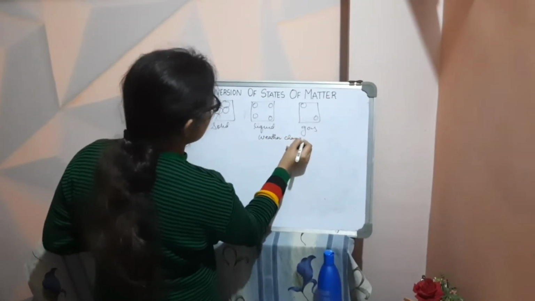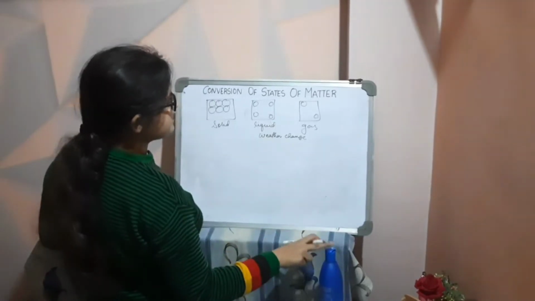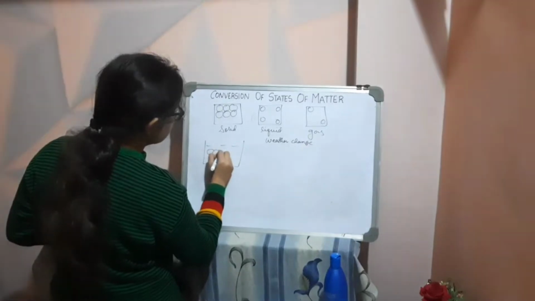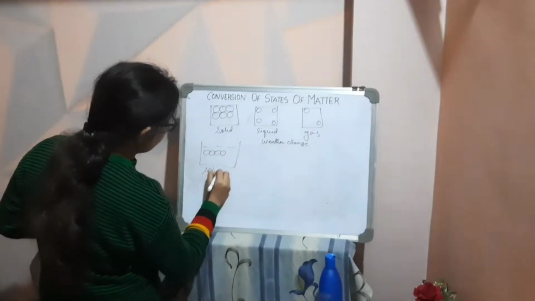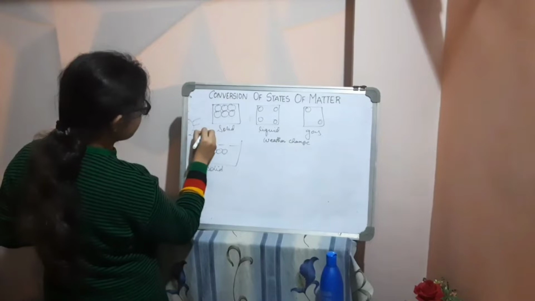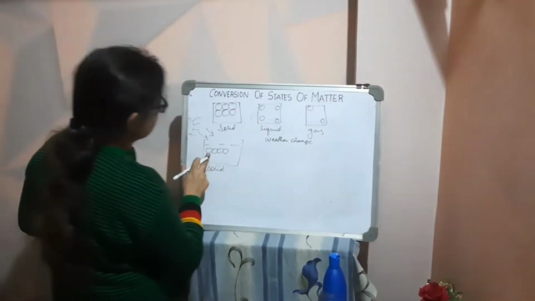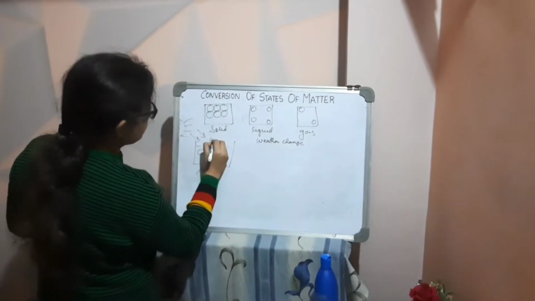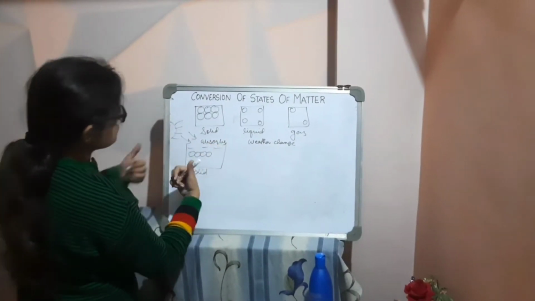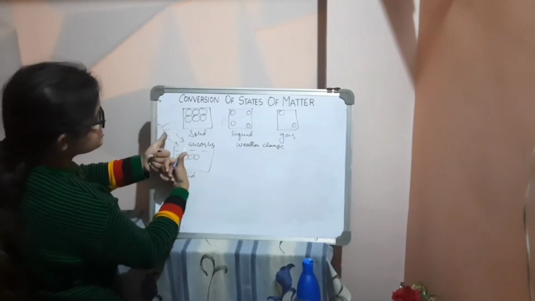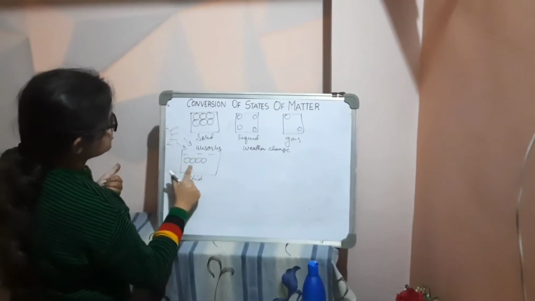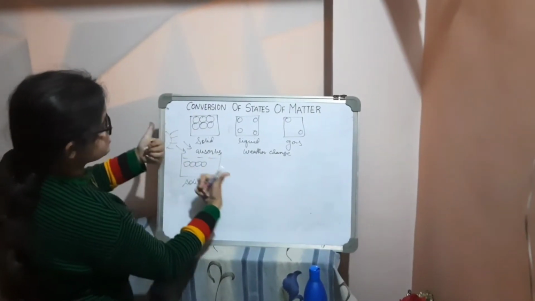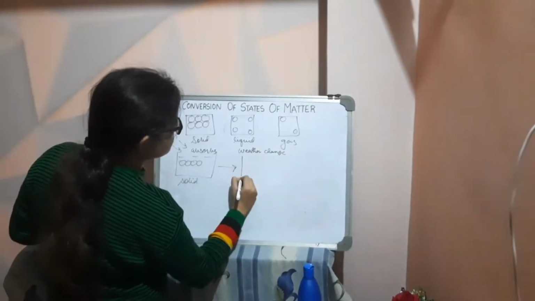Now let's see how this weather change affects the state of oil. This is your oil in its solidified state. Now when this oil is kept under the sun, it gets heat. In solid, molecules are closely packed to each other. When kept under the sun, it absorbs heat and it starts vibrating. The vibration is so much that the force of attraction between the molecules breaks and the molecules start moving away from each other. The state gets converted to this.